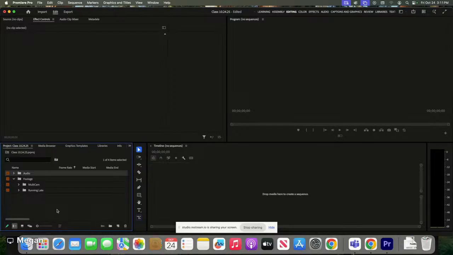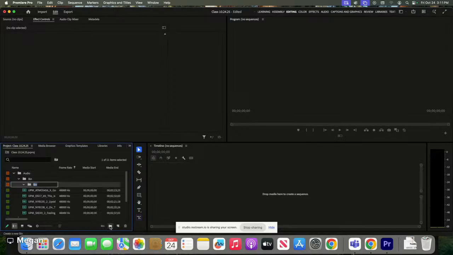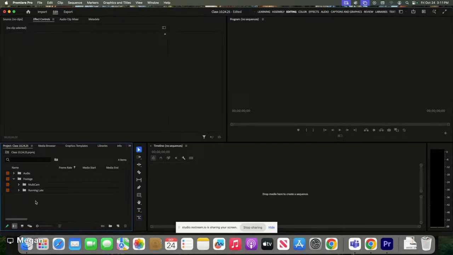Yeah, so how you actually can organize them, if you say I didn't have this file organization and I want to organize in Premiere, there's this little button that looks like a file folder right down here. Do you see that? I'm going to go ahead and click that. It says new bin, and it's going to make me a new bin. Oh, this made my bin in my audio, which I don't want. I'm going to make sure that I'm not in any of my folders. I'm going to click new bin, and I can name it